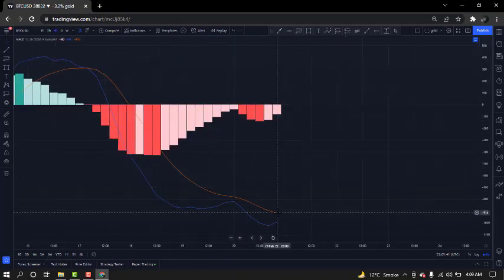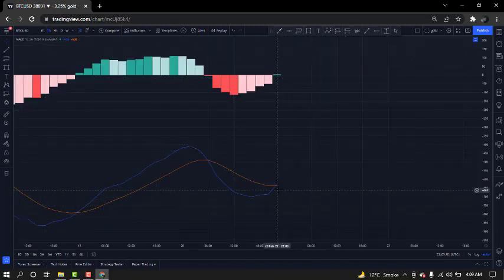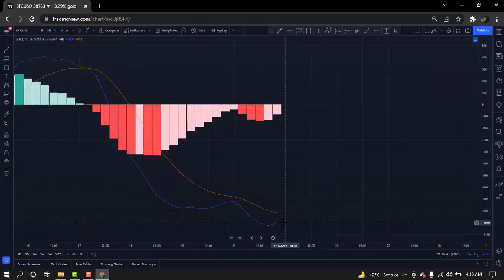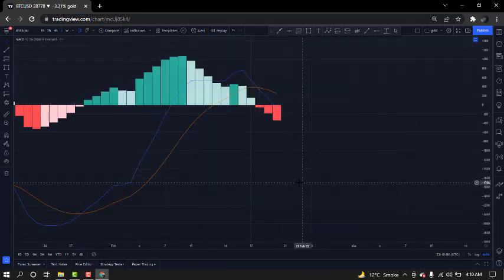You can see there's a huge gap between them. There's a little bit of benefit on the shorter time frame, where the blue line is trying to cross the orange line, and the 4-hour chart shows us not even close. And what about the 1-day candle? On the 1-day chart, the blue line is going down.